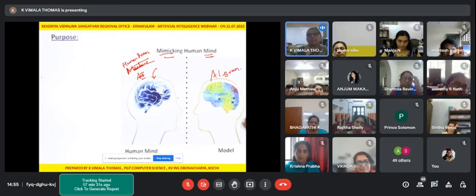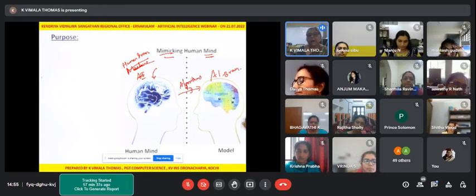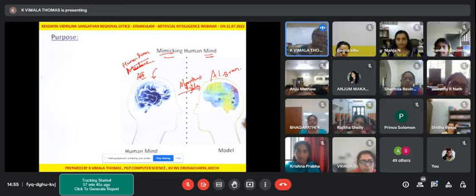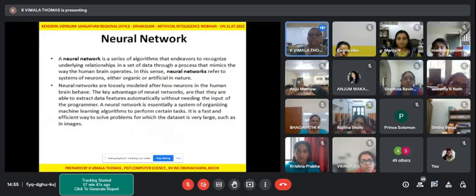Okay, so we have to give the machine learning algorithms, give the data, and then produce the information, so that whenever it matches with the data, depending upon certain algorithms, it will execute and then generate the result. So we are now going to our neural network. How is that mimicked in the machine?